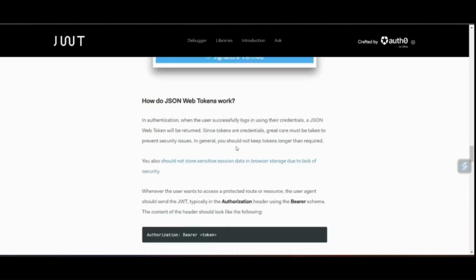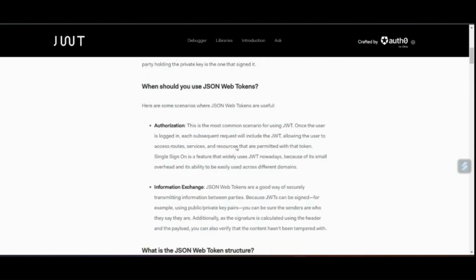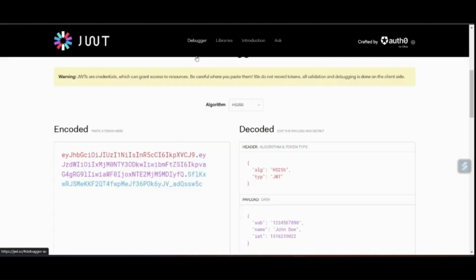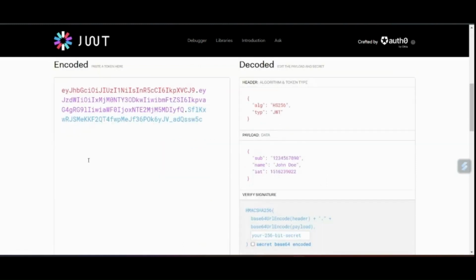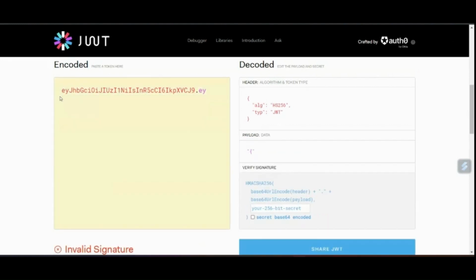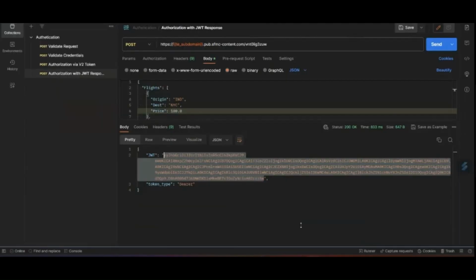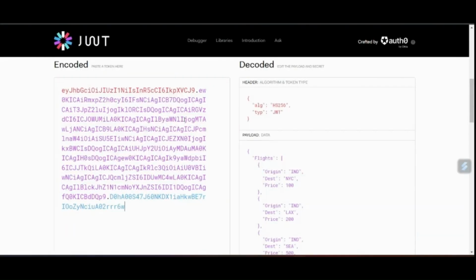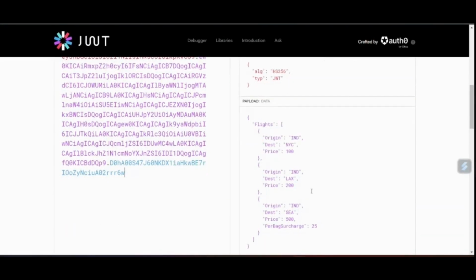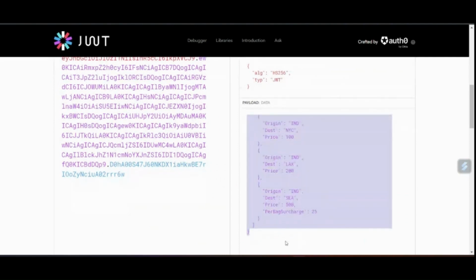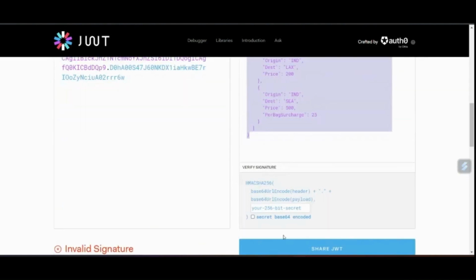Wait a minute. So you have a debugger playground, and here you have this encoded format. I'm going to clean this. It's not allowing me to clean everything. Okay, now it's clean. I go back, copy this and paste it here. You see this payload, the same payload. So if you see here,